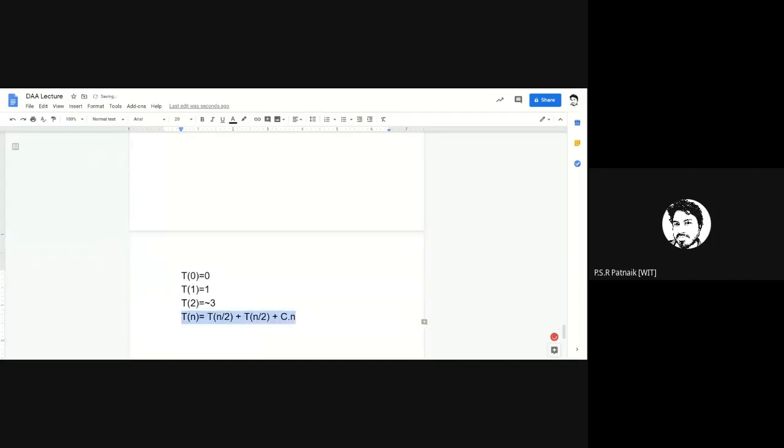So now if you solve this recurrence relation, it could be written in this form: T of n is equal to 2T of n by 2 plus Cn. So can we solve it by using Master's theorem? If you have Master's theorem for reference, what will that be? So here A is equal to 2, B is equal to 2, and what is K? n to the power of K. What is K? K is equal to 1.